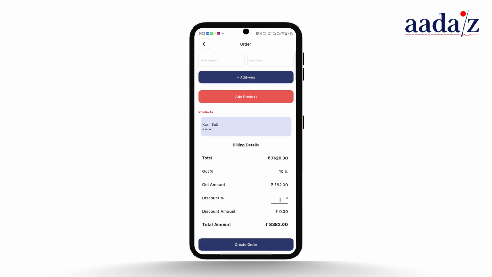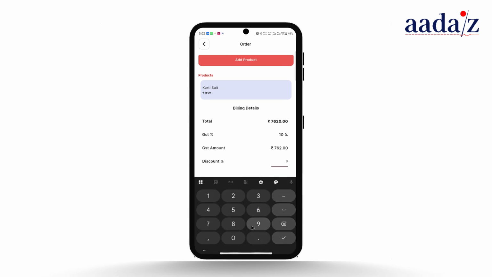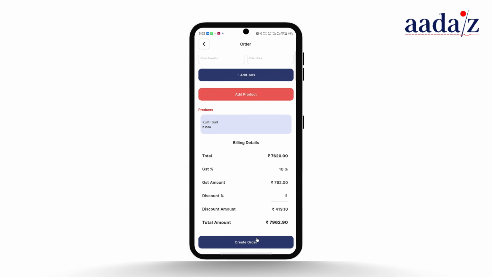You can apply a discount, for example 5%, and the system will automatically calculate the updated price.